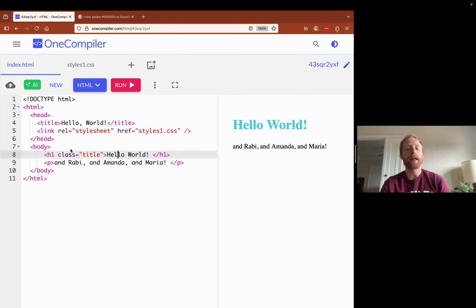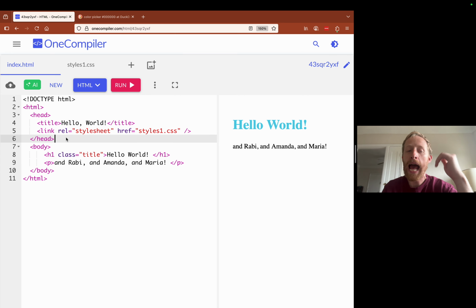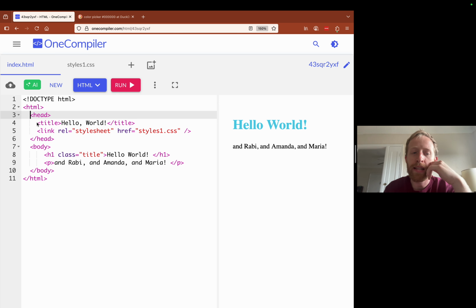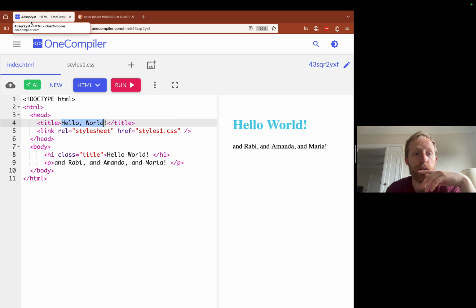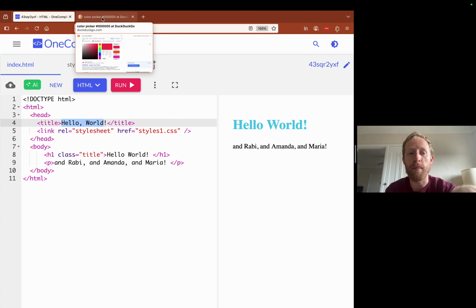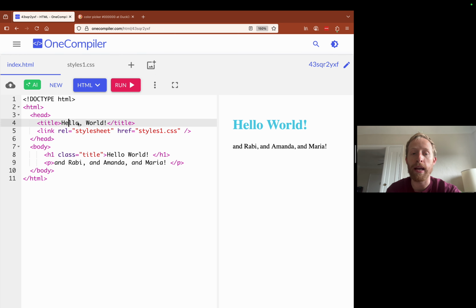Okay. So couple of things. The head is a little less interesting. This contains, so like I believe Maria correctly said, now the title of this webpage is Hello World. This webpage is not fully open in the browser, but the title of this webpage is whatever this says, HTML1 compiler. The title of this webpage is Color Picker at DuckDuckGo. So if this were a webpage and we opened it in a browser here, that's what this title corresponds to. It corresponds to the text that comes up here in your tabs.